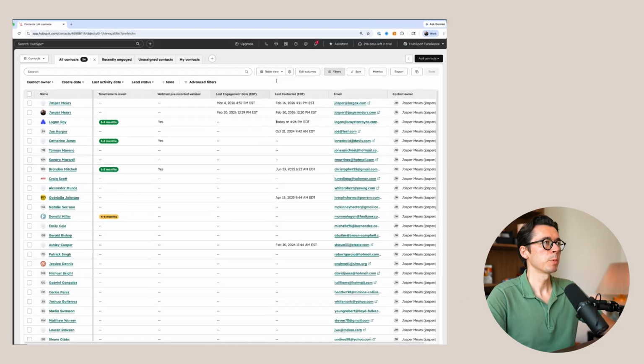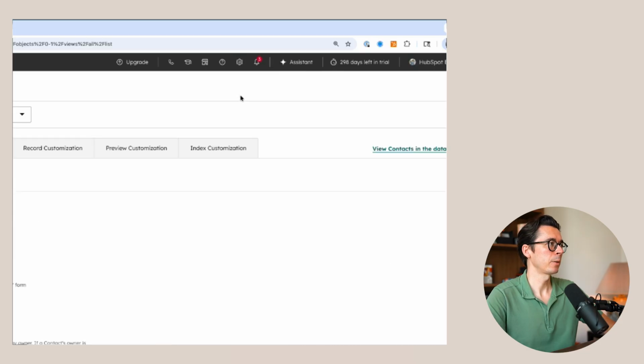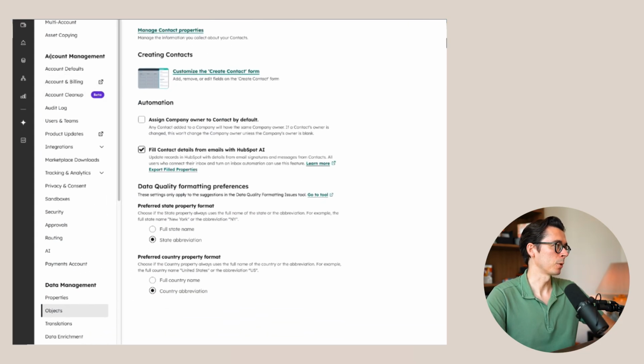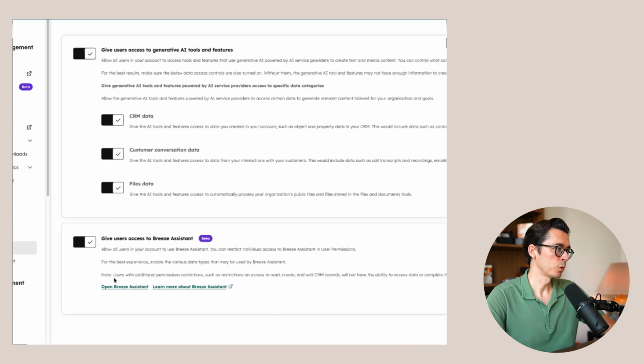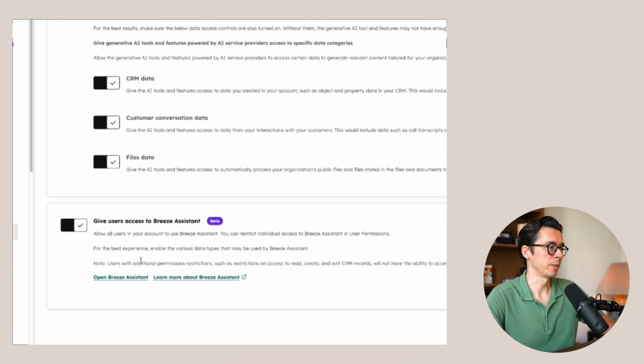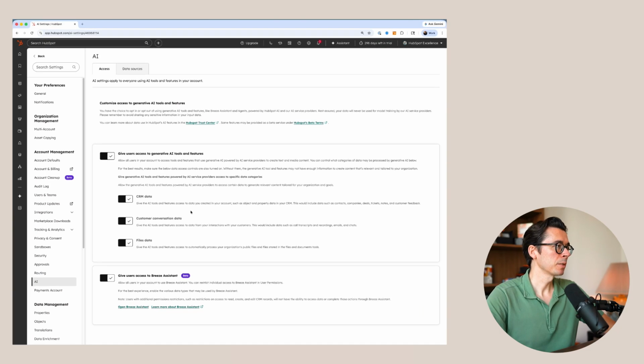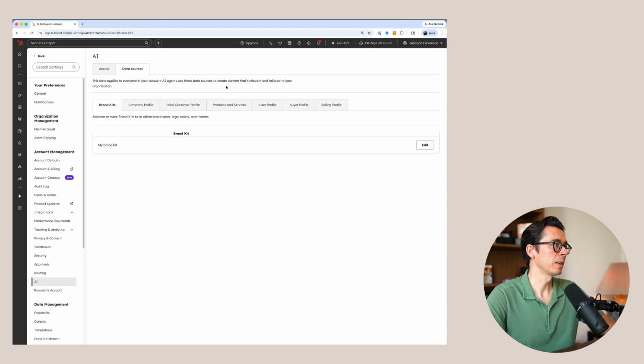So when you're in your HubSpot portal, you want to go to Settings here at the top, and then on the left-hand side under Account Management, you're going to see AI. So first of all, you'll see the different AI access toggles. So if you want AI to work in the most optimal way, you might want to give it access to all of these different data categories right here. And then you can also choose to give users access to Breeze Assistant, which I would also recommend because it's a huge time saver. So this is the basics, but then under data sources, this is where most accounts are